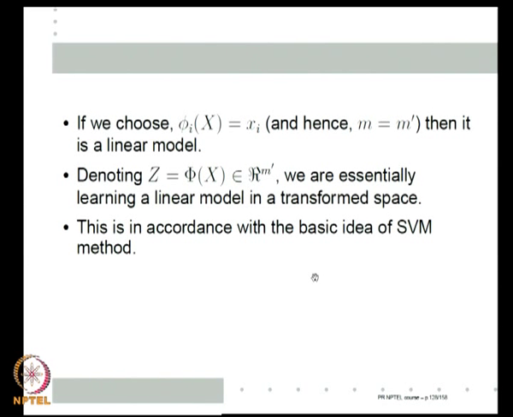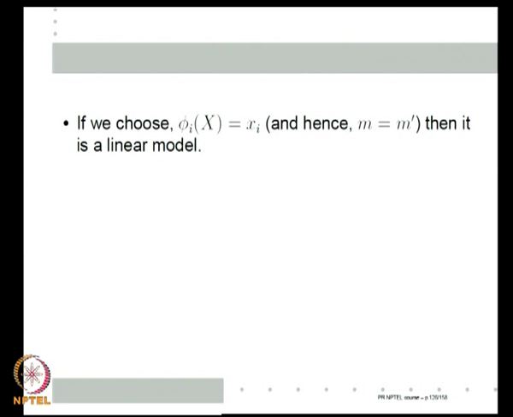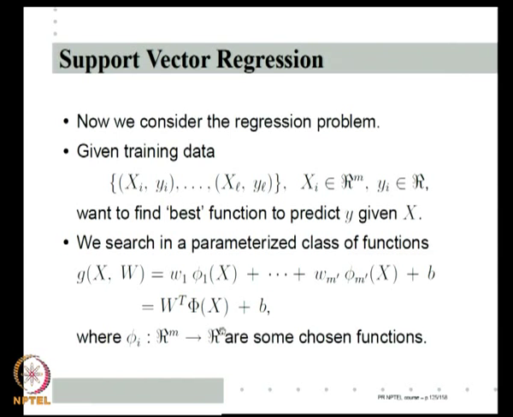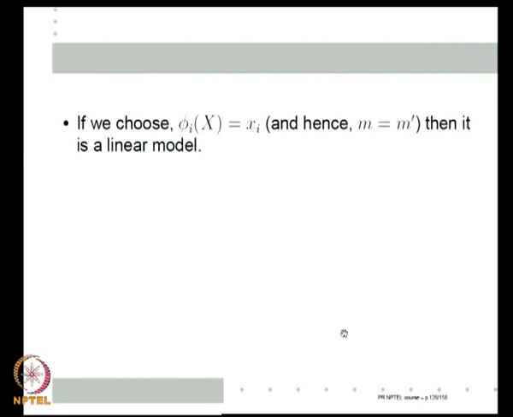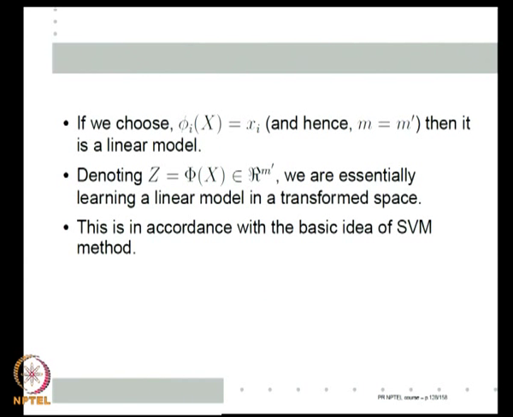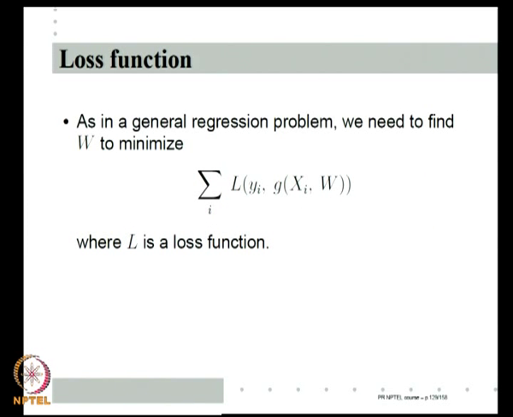So, the question is, can we use the kernels? We could have done it using linear least squares, but then I have to actually solve an m prime dimensional optimization problem, and every time you give me an x, I have to actually calculate phi of x, then do w transpose phi x plus b to do my prediction. So, the idea is, can I do it using the kernel trick? As it turns out, we can do this using the kernel trick. I will just give you a basic idea of how we are going to do this.